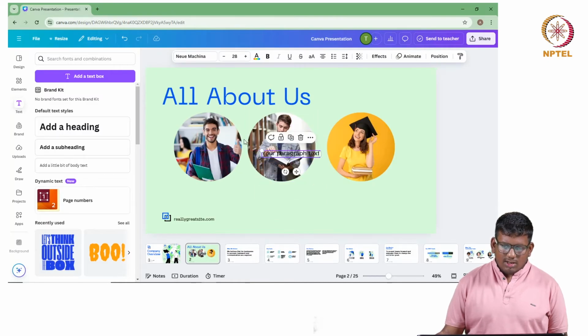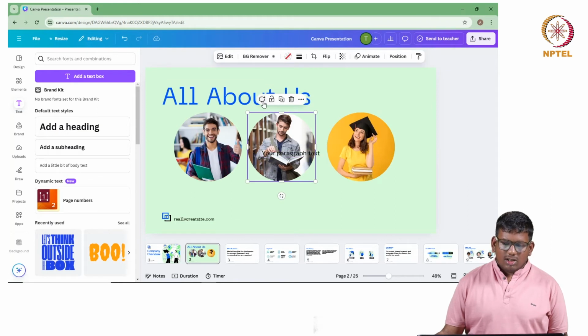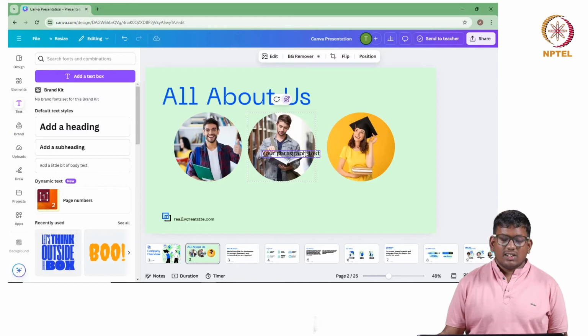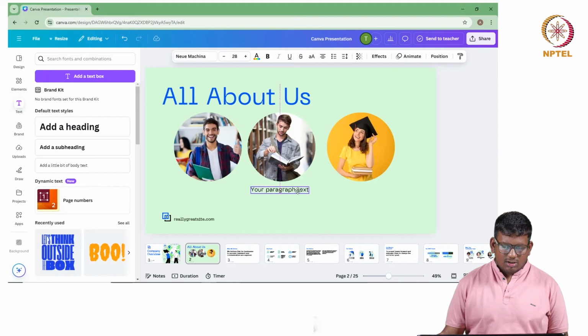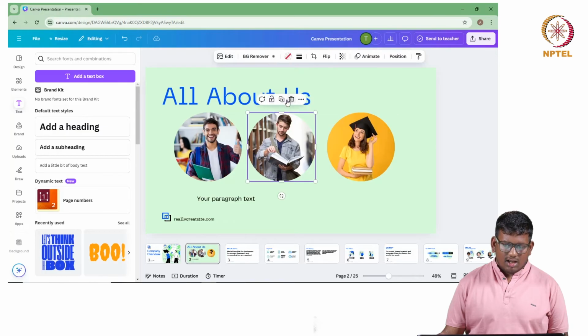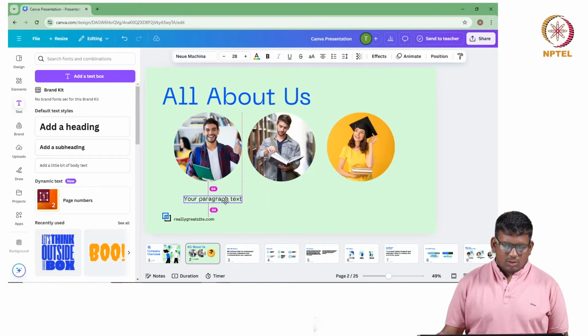So what you can do is select this element and lock it. Now after it's locked, it won't interfere with your design process. You can freely move the text element that I wanted to move. I have just locked it. You can unlock it as well, like I have unlocked it. So now you can place your text here.